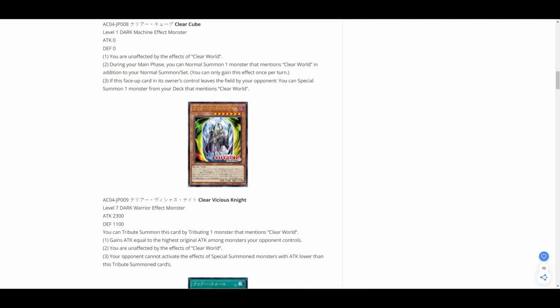Is it worth it? Well, he gains attack equal to the highest original attack of a monster your opponent controls. So basically, unless they have a way to increase their monster's attack, he's going to be stronger than anything your opponent throws on the board, which is very critical because this other effect makes it so that your opponent cannot activate the effects of special summoned monsters with attack lower than this tribute summoned